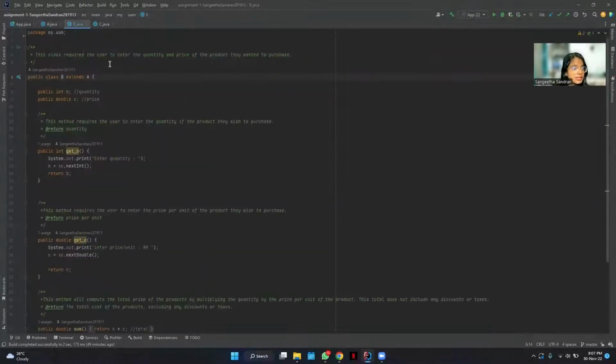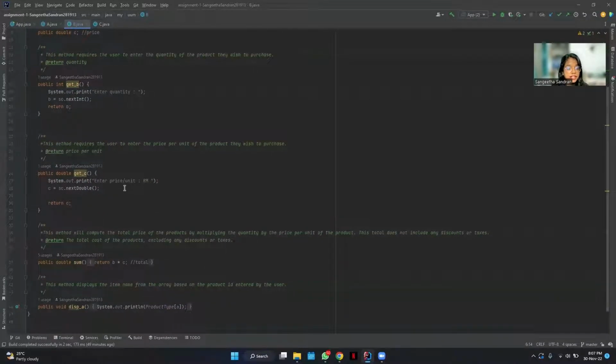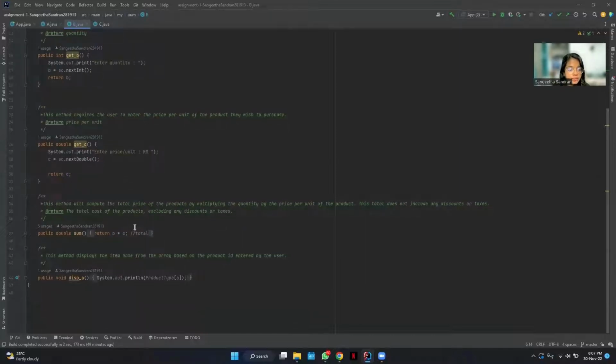Next, let's take a look at class B, which I have come up with getB. I have initialized it as quantity, and also getC, where the C variable refers to price per unit. I have also come up with a sum, which is B multiplied by C, so that we can get the sum. As well as display, I override the displayA, which displays the product name according to the code